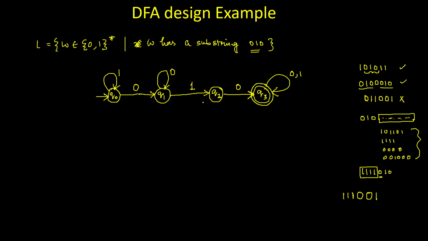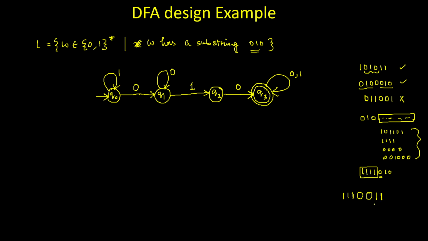But here I still have the same catch. The one that I have seen is the second character of the substring that I am searching for. Fine. But after this one, I again have two possibilities. If I find it is 0, that means I have got the substring 010. But if it is not 0, if it is 1, then the entire hope just will go to the end